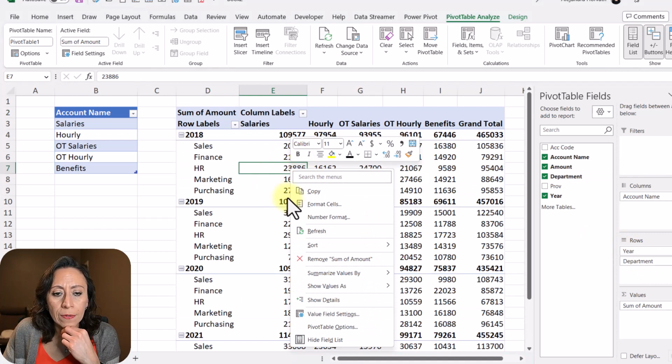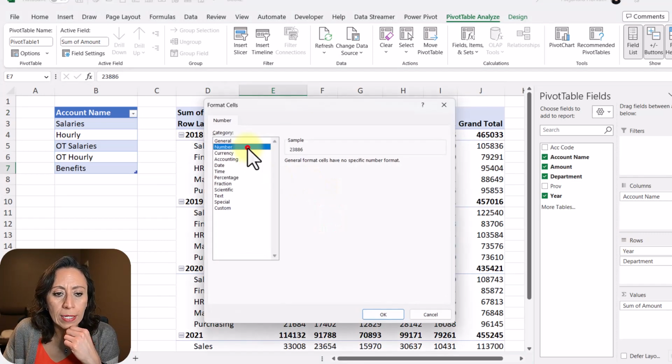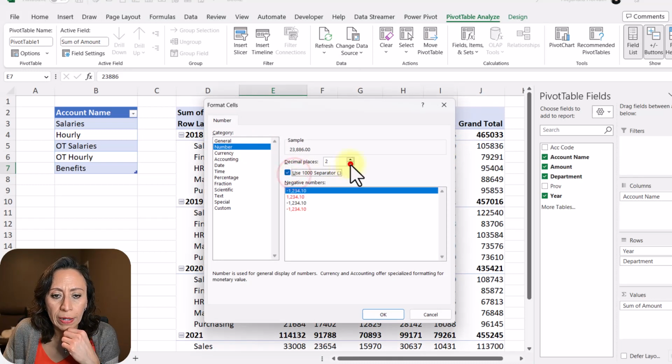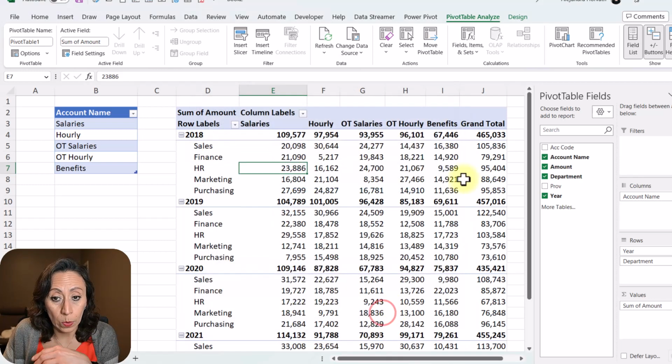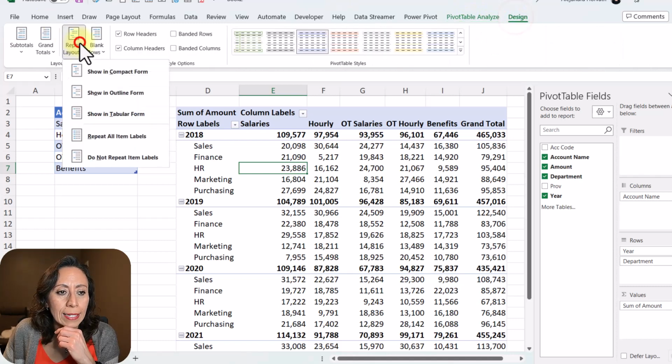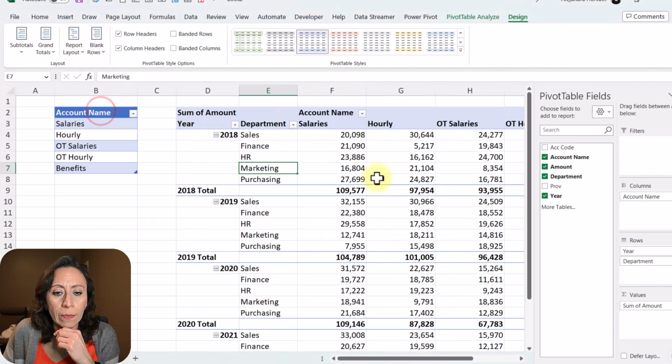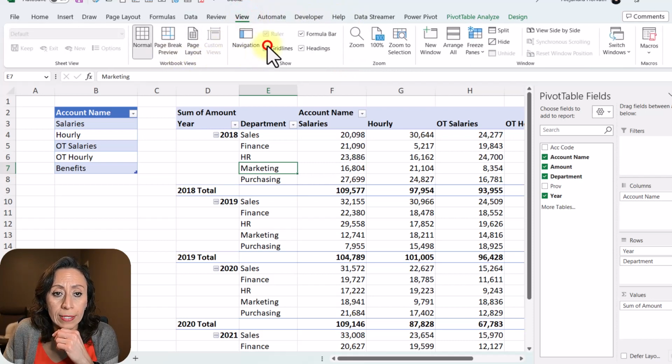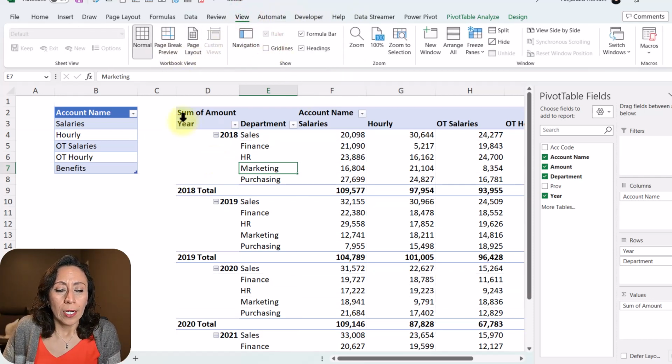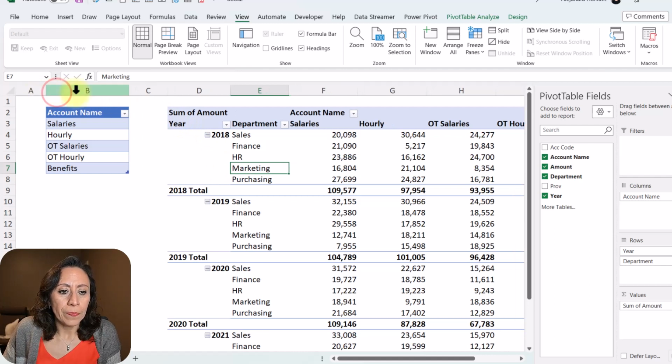Right click inside of any of the numbers and click number format, number, use thousand separators, 0 decimals. I'm going to say okay, perfect. I like this better. And also I like design and report layout, show tabular form. Excellent. And I'm going to go here, view and remove the grid lines. It just looks a little bit cleaner to me.